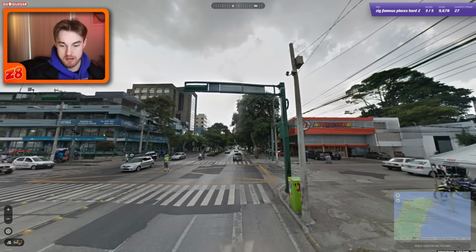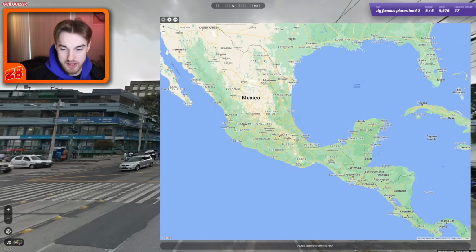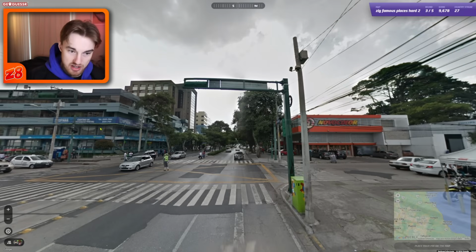So really between Guatemala and Mexico here. Guatemala's still possible, okay. Now that I think about it, because this could just be the back of the Google car blur, although the pole theoretically, whoops, did not mean to zoom, would put us more Mexico. Okay, famous places, guys. What do we do? I mean, it feels like we're in a smaller city. This is very difficult. Can we actually get the city name or maybe I don't think that area code works,